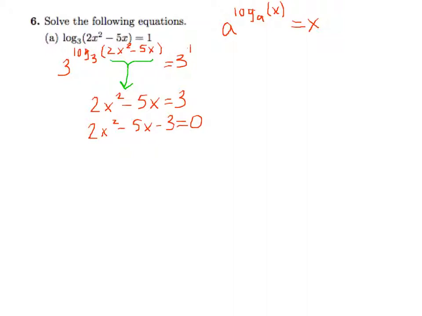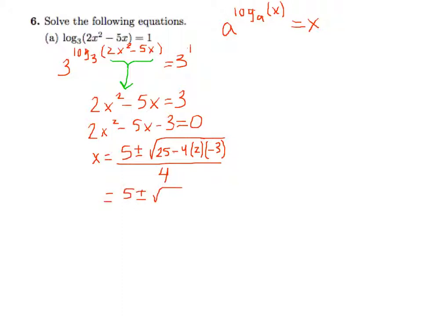And using the quadratic formula, we find that x equals 5 plus or minus the square root of 25 minus 4 times 2 and then times negative 3, all divided by 4. And that's 5 plus or minus the square root of 49 divided by 4, or 5 plus or minus 7 divided by 4,